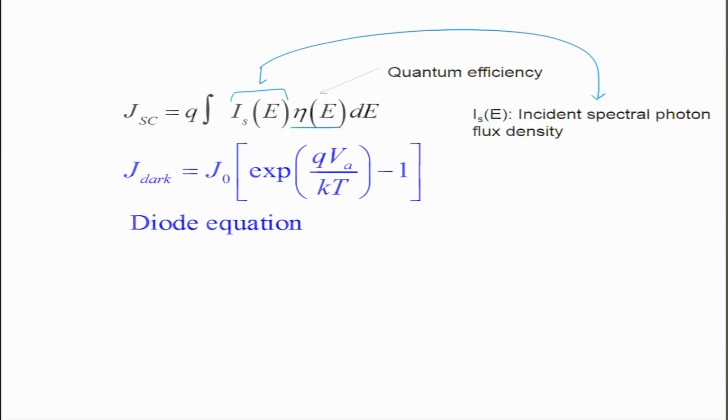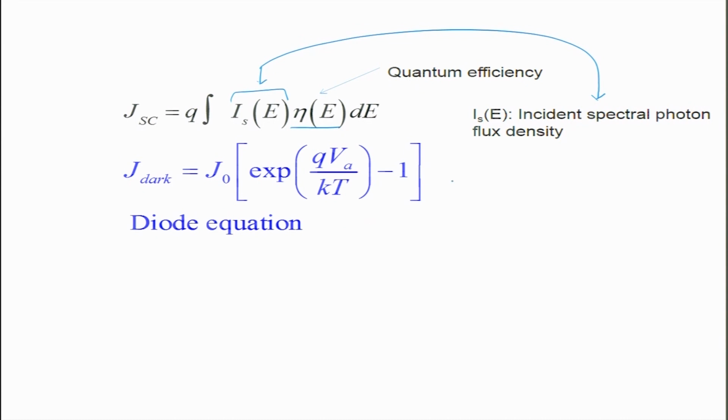As a result, if you capture 100 photons, if 90 are converted, then you get 90% quantum efficiency. So, this is basically the short circuit current, essentially theoretically speaking. And the dark current, as we have seen earlier, J dark is equal to J naught into exponential of qVa by kT minus 1, and this current which is the